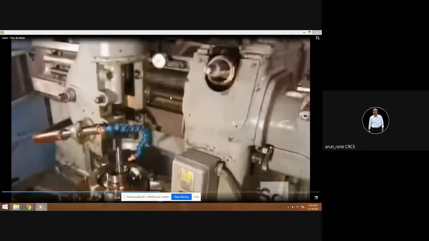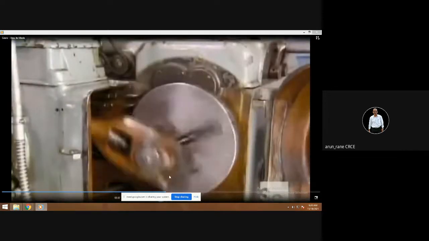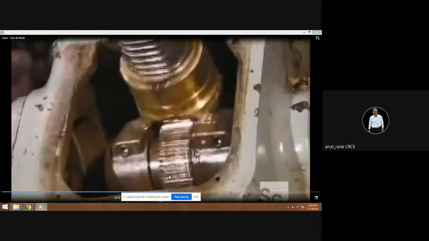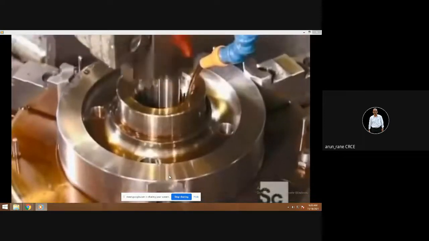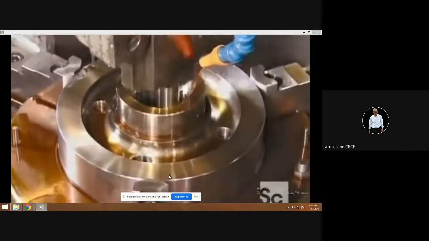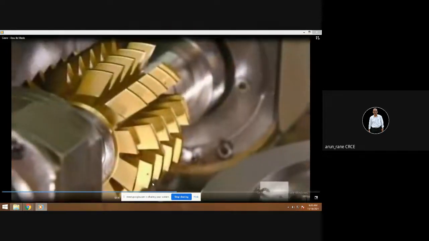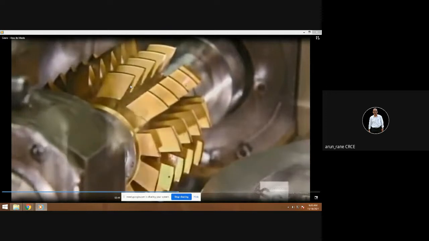Now these are internal teeth. And what is this machine? This machine is gear shaping. The advantage of gear shaping machine is the stroke length can be controlled in plus minus 1 mm. So that's why it can be used for manufacturing cluster gears. This yellow color what you can see, that is coated.